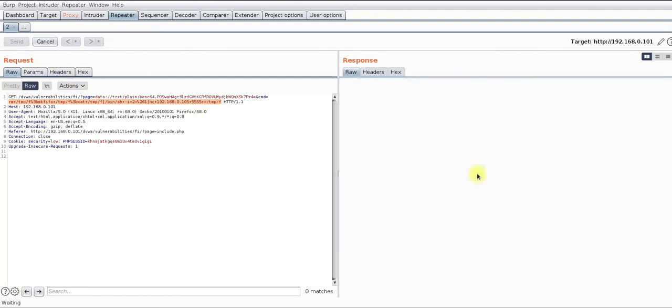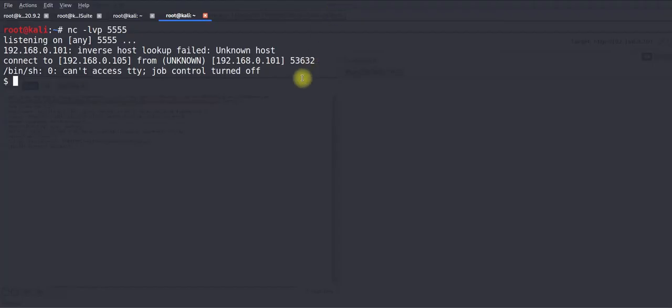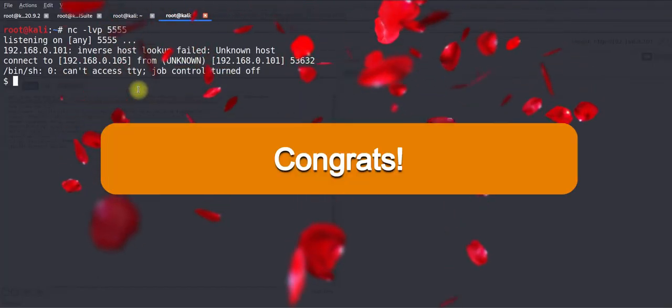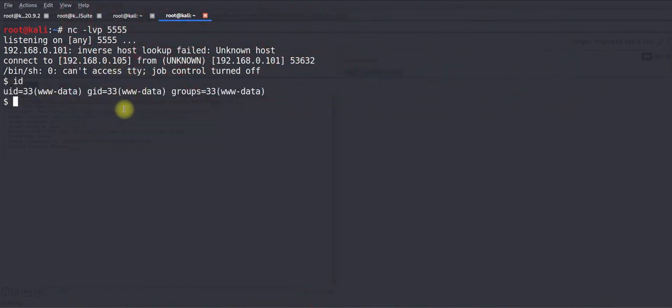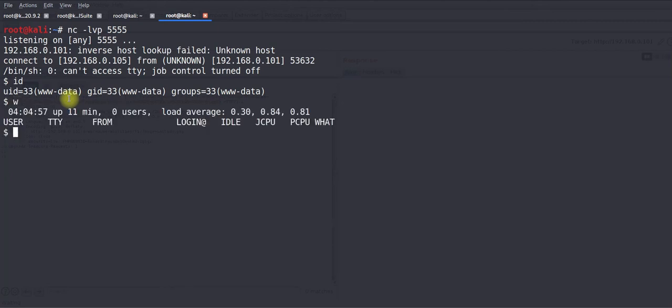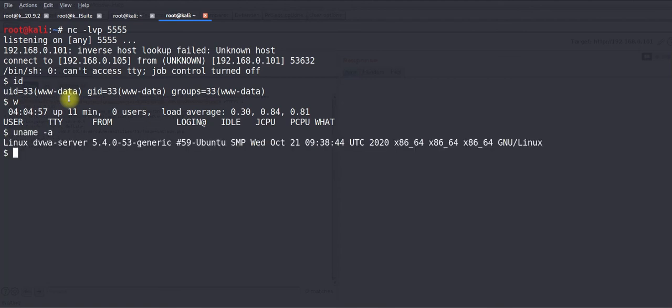Just click on that. We don't receive any response here. Can we check? Yes, we got it. We got the reverse shell over here. We see the id output, and we can see whoami, and we can execute a lot of other commands like uname -a. At least we get the foothold on the server end, and we can use this foothold to upgrade this shell to root level.